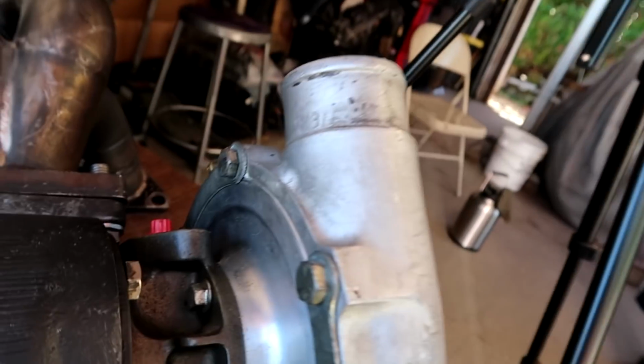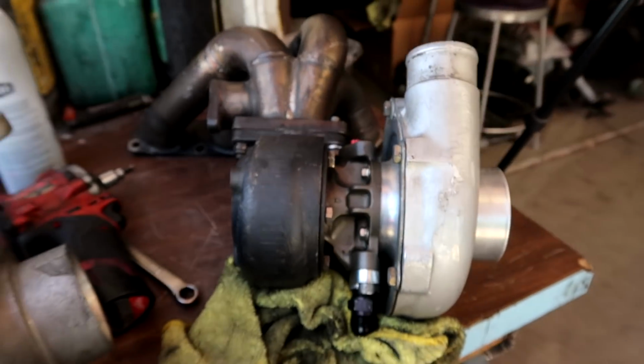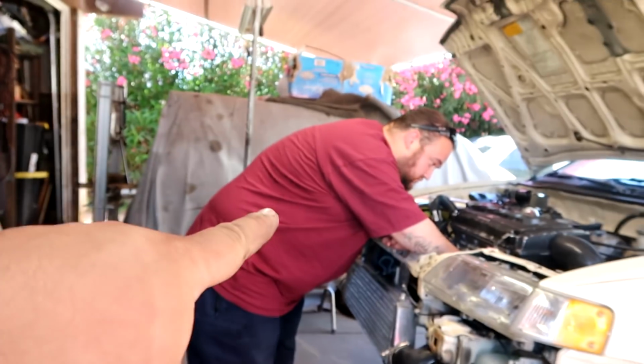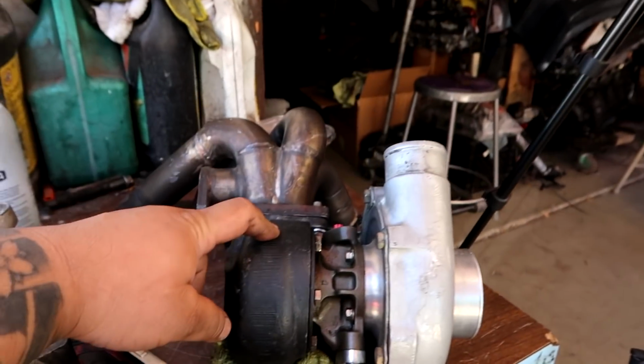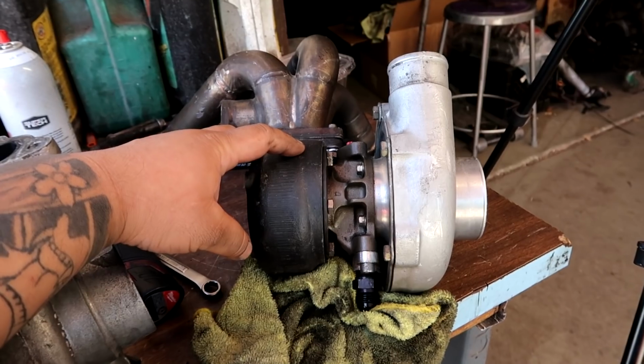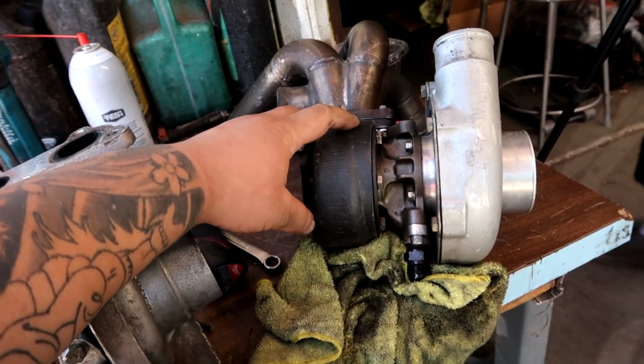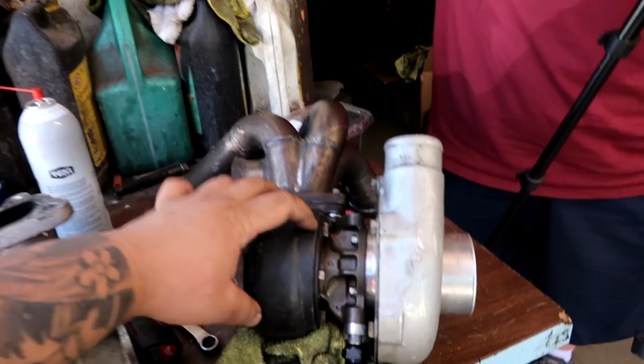Yeah, 16. So this turbo used to belong to Paco, which used to belong to Joe, and Joe also used to work with him, so he just hit him up, he confirmed it, and we're going to be using this for Joe's setup. We're trying to make about 350 here on this car with the piston rod setup. This turbo is going to suit it well. It spooled really nice. Previously in Paco's car, it made